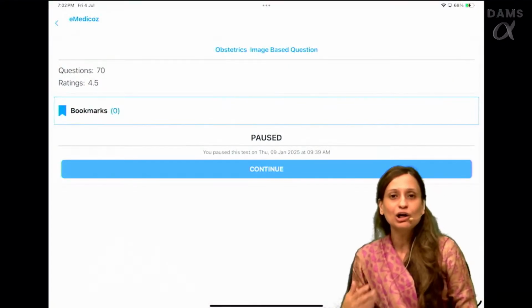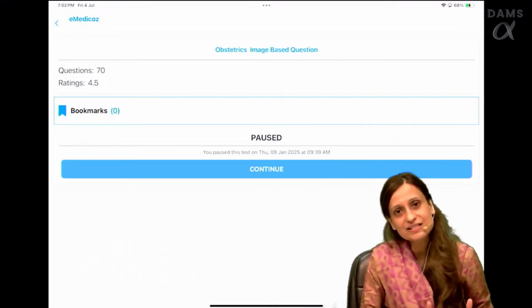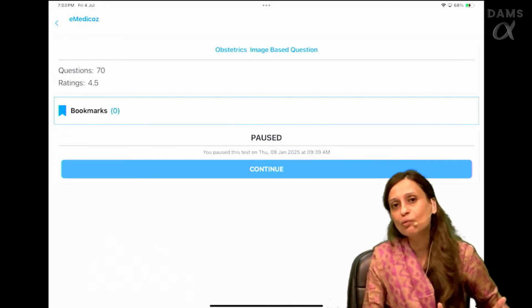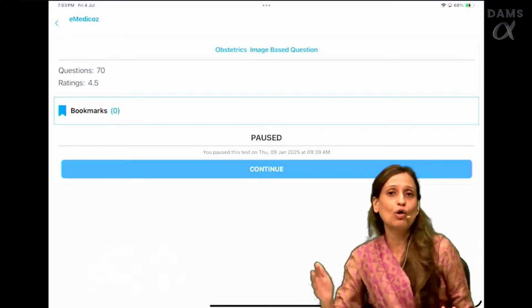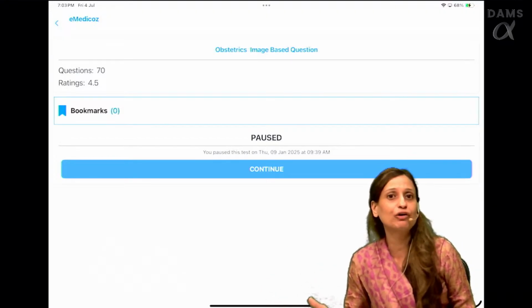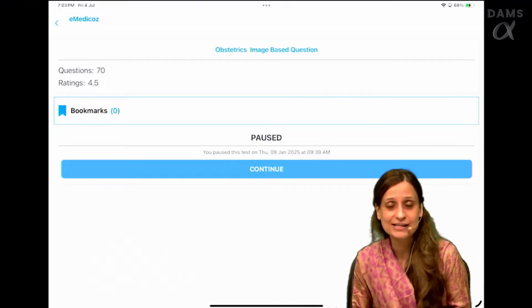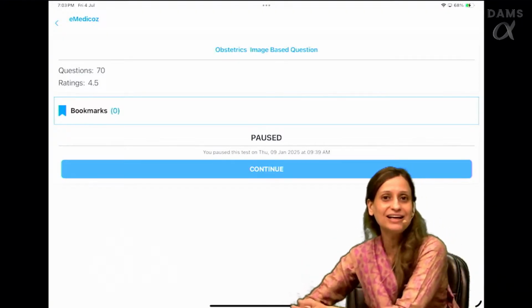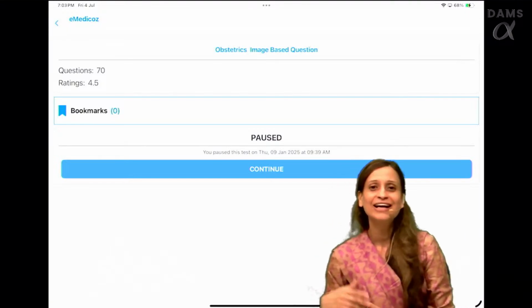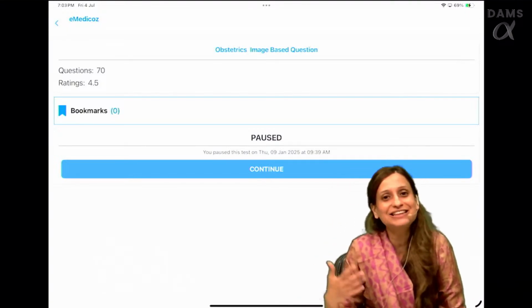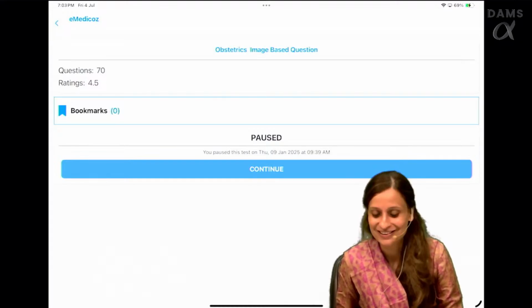So while you are doing back to basics, whatever subject you are covering, whatever subtopic you are covering, we want you to do topic-wise MCQs from it to ensure that we are not just learning the content and concepts, we are also learning the application of the same content in the form of MCQs, because eventually the exam is going to be in this format, right?